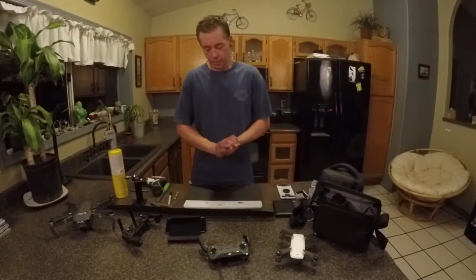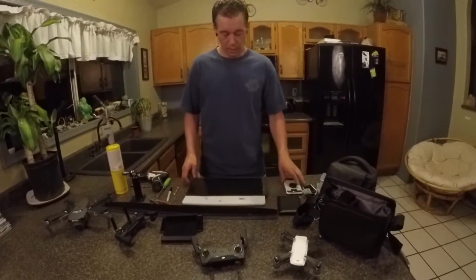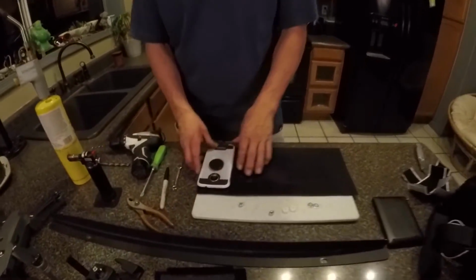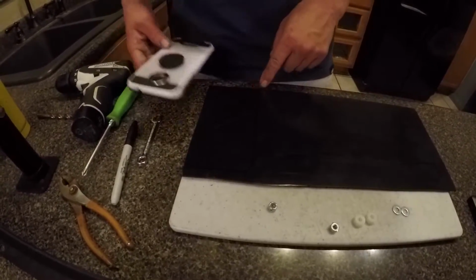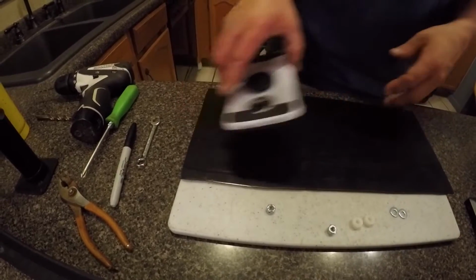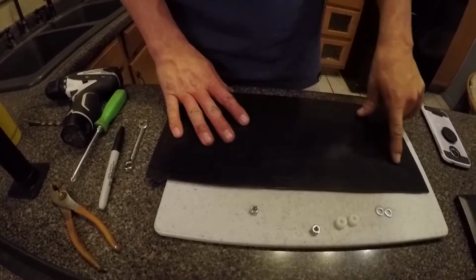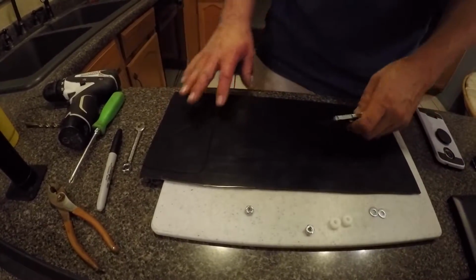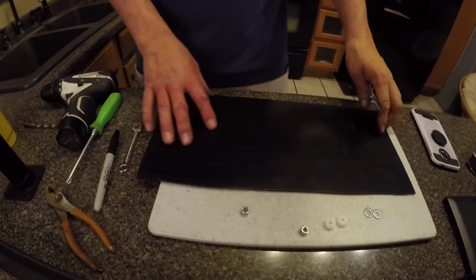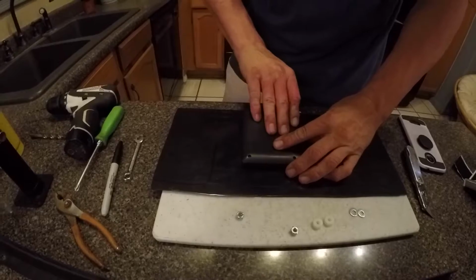The first step to doing this project is taking the piece of ABS, flipping it over, and drawing your cell phone. You can see I've already drawn mine on here, just kind of going ahead of the project. I've also marked a line 5 inches and 5 inches over here and connected the line with my razor knife. I went ahead and scarred it, and then I'm going to take this just as a straight edge,